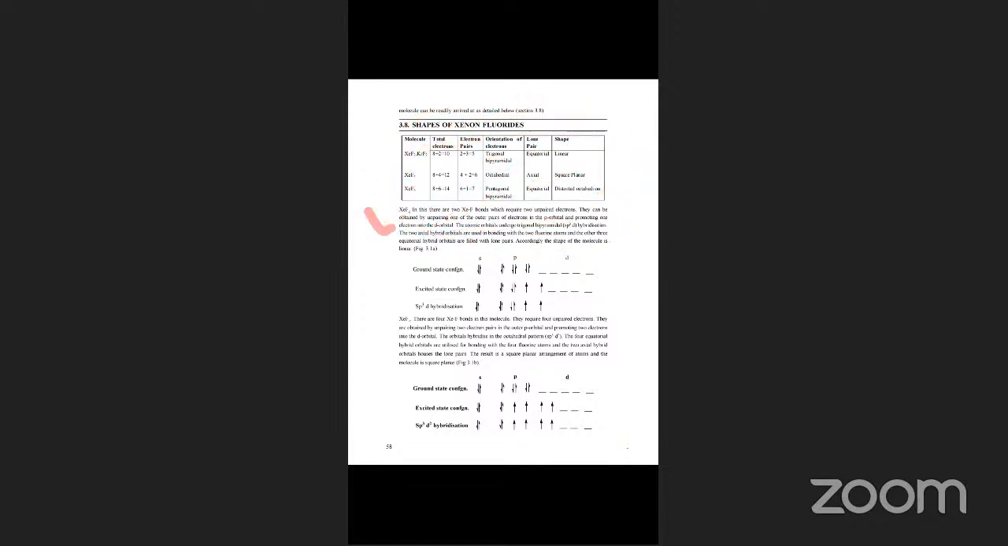So this is for XeF2, xenon difluoride. See, xenon has the configuration ns2 np6; xenon and radon. The atomic number of xenon is 54: 4d10 5s2 5p6. So the ground state is ns2 np6. In the excited state, for XeF2,